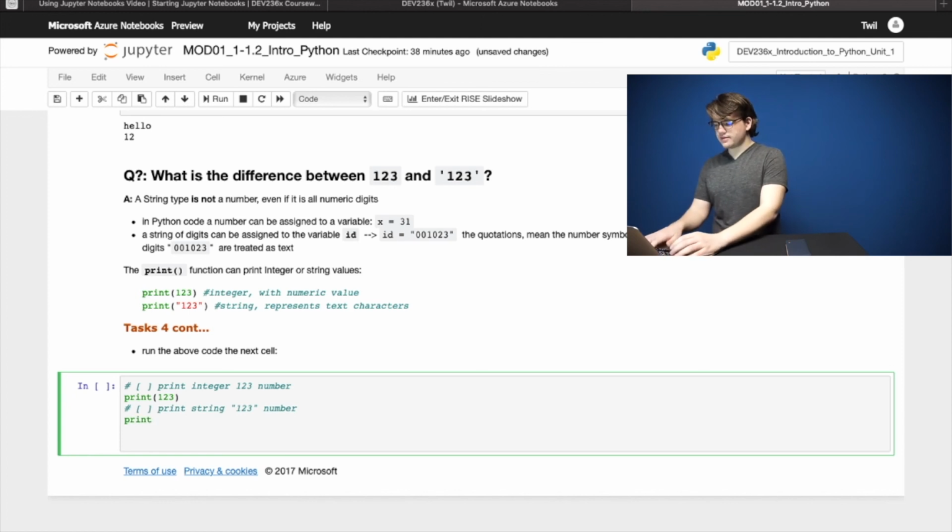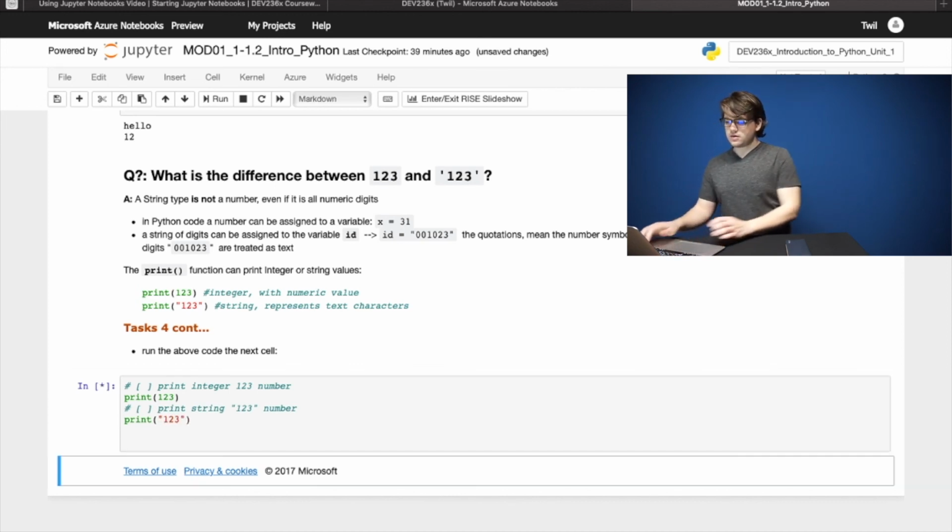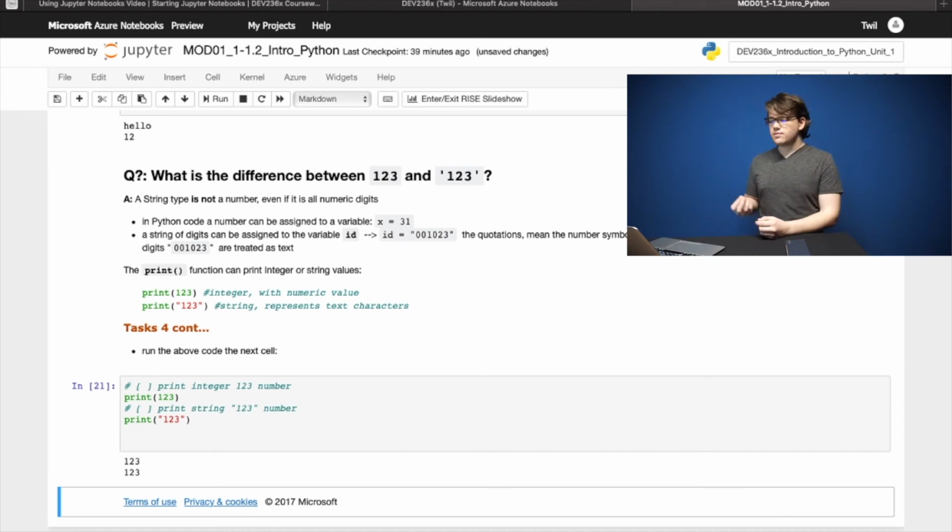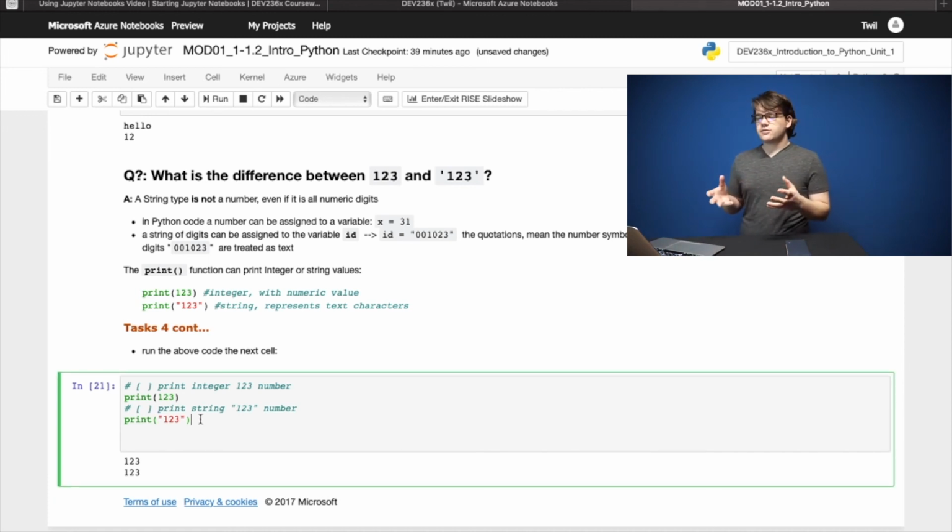So print. Now we are printing the string 123, and put the quotes. And you can see it's the same. So they say also when it's a string type, it's a text type, and when it's an integer, then it's a number. So yeah, that's it with the second course.